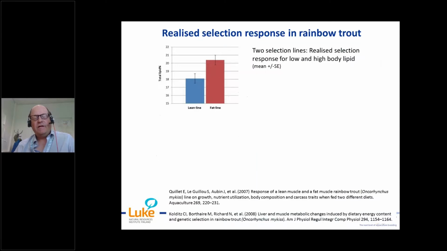Okay, so next we look at what other evidence there would be that lipid deposition would be linked to feed efficiency. And in France, they have made nice experiments, selection lines in rainbow trout, so that they have selected a line for high fat, that's the fat line, and then a line for low fat, that's the lean line. And then they look at the realized selection responses, and they have shown that indeed